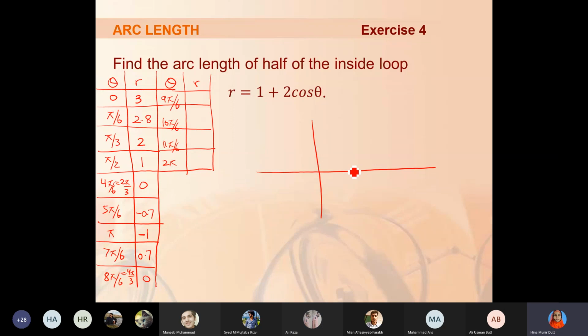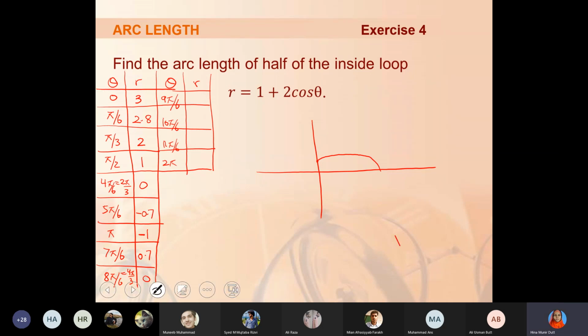स्केचिंग 0 पे. When theta is 0, the value of r is 3. When theta is pi/6, it is 2.8, lies somewhere over here, and then 2, r is decreasing, and then at pi/2 it is equal to 1. So it is decreasing in this way. ये थी. अब आपने गौर करना है सब ने,